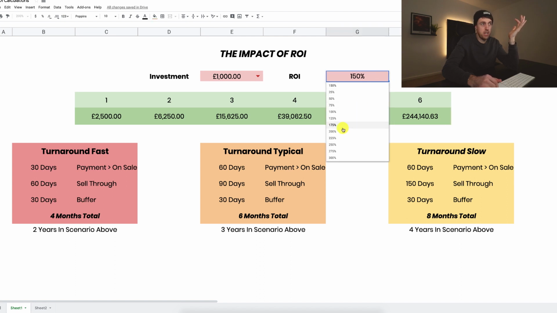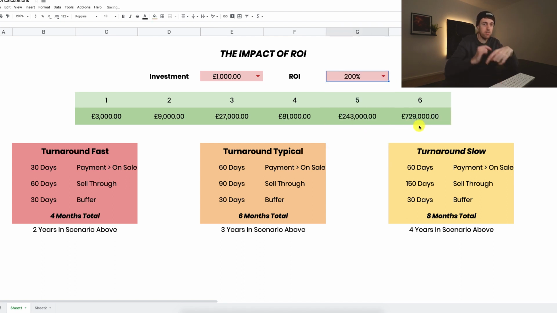Now, of course, again, if we take that to 200%, again, that grows exponentially. What was £1,000 at the beginning of the journey in 3 years could be nearly £750,000. Now, don't send me some hate like, "Ben thinks you can turn £1,000 into £750,000 in 3 years." No, that's not what I'm saying. All the caveats before, you would max out the opportunity at some point here, but if you could continue to then invest that money into other products that would do the same kind of levels, then these numbers do compound quickly.